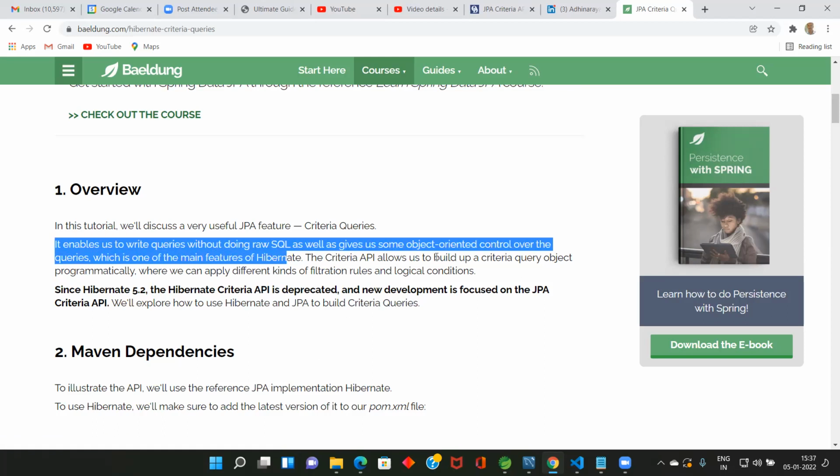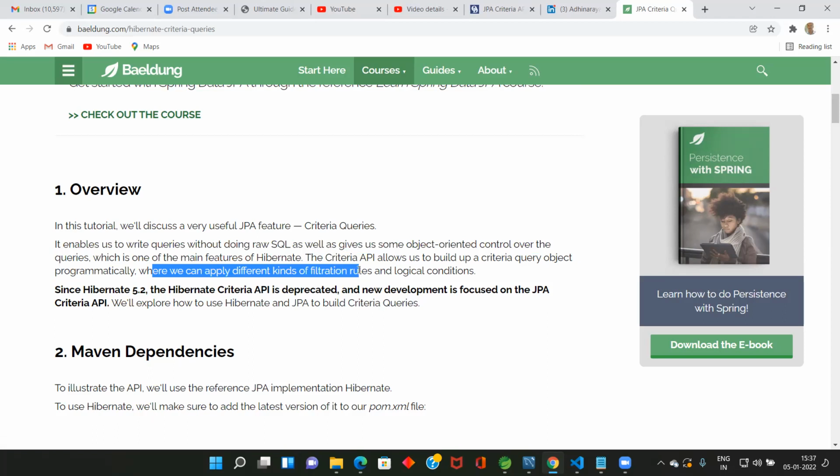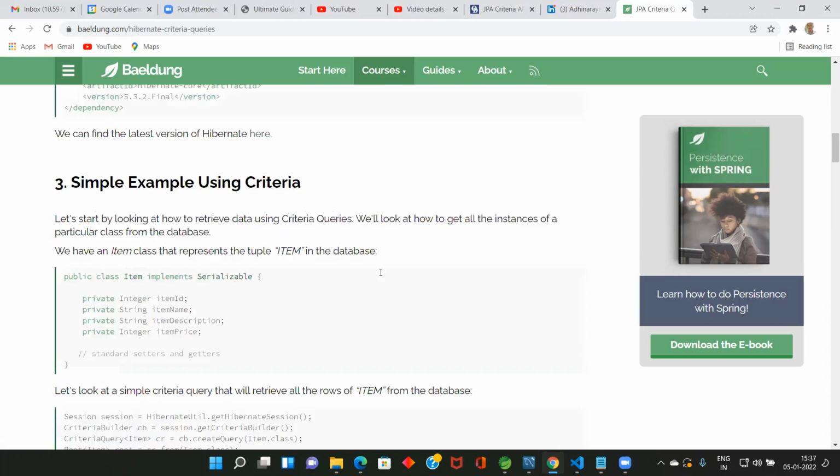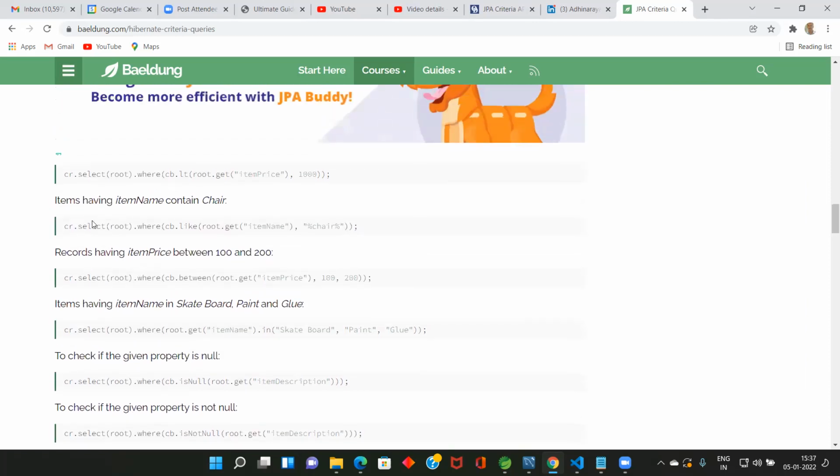The criteria API allows us to build up a criteria query object programmatically, where we can apply different kinds of filtering rules and logical conditions. See here, I wrote something very simple: select root where less than, root.get price equal to 100,000.